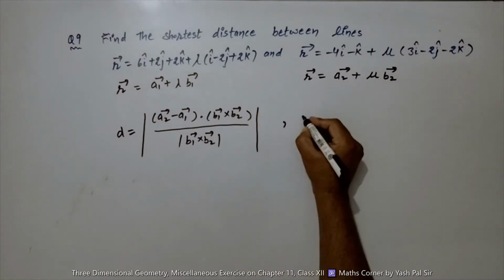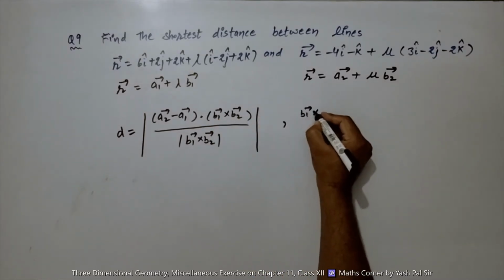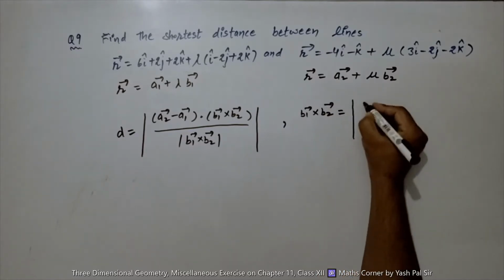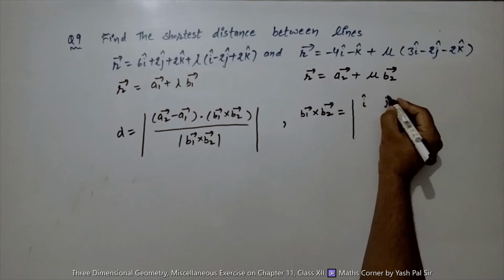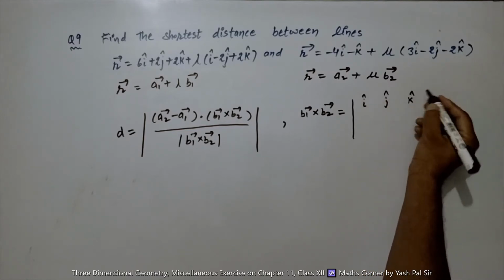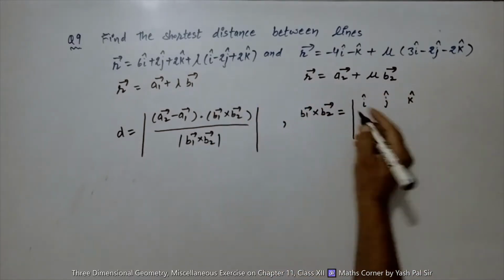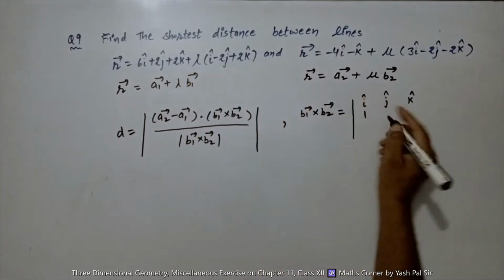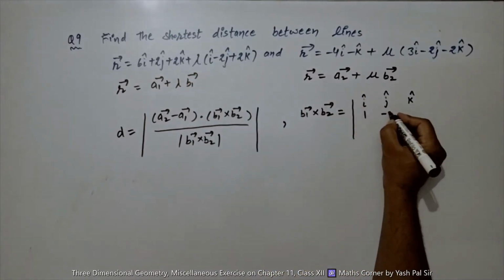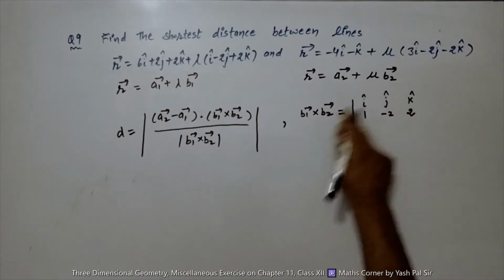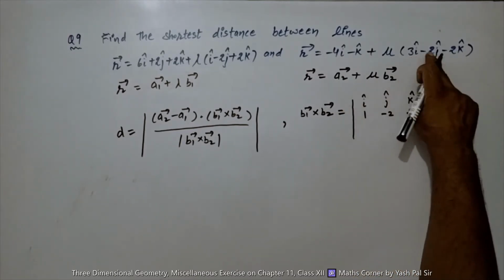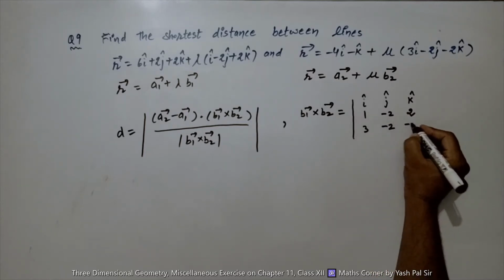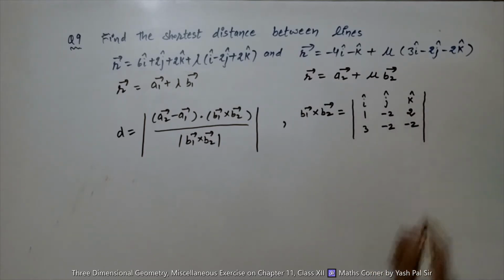So here we need to find b1 cross b2, that is equal to the determinant of i, j, k. b1 scalar components are 1, minus 2, 2. b2 scalar components are 3, minus 2, minus 2,